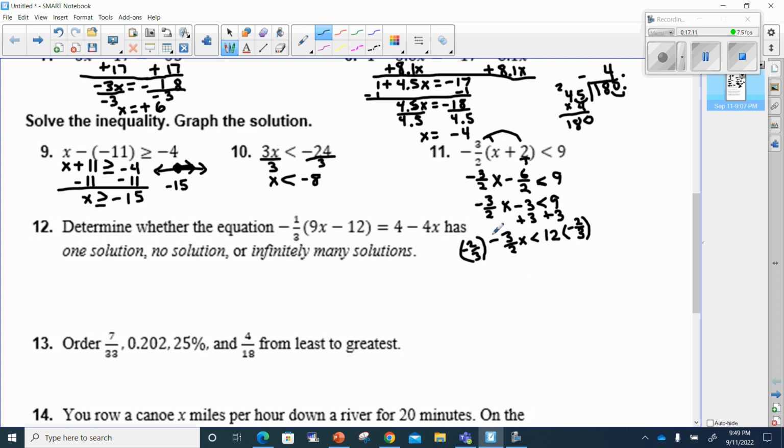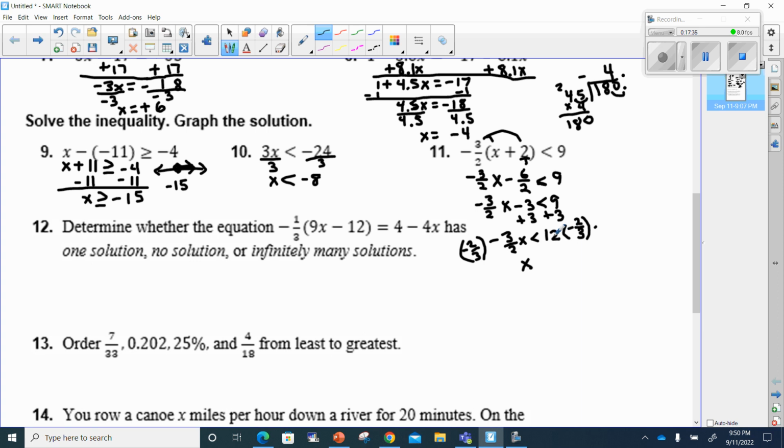I don't bring x with it because remember, when I take negative 2 times negative 3, that's going to be 6, and 3 times 2 is 6. 6 over 6 is 1. That gives me 1x. Okay, and now I've got 12 times a negative 2 over 3. This is going to be equal to,